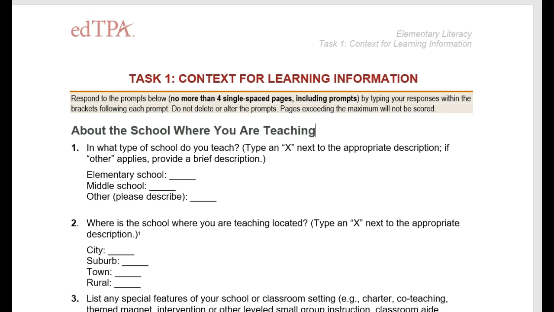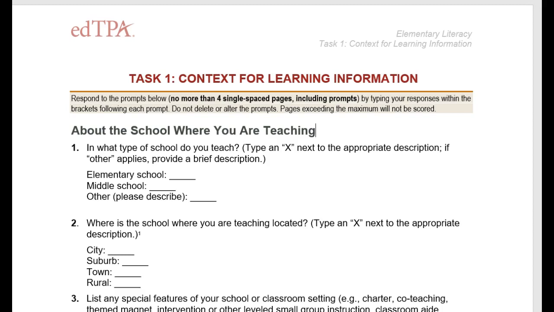There's very little difference whether you're in the P3, K6, or K12 certification areas. There's very little difference on the EdTPA in terms of the context for learning sections. So we're kind of settling in the middle and using the elementary literacy context for learning for this particular class. When you're actually doing it, you'll notice some very slight differences. And again, very little changes from semester to semester or year to year. The EdTPA handbooks are updated annually, but there's generally very little change